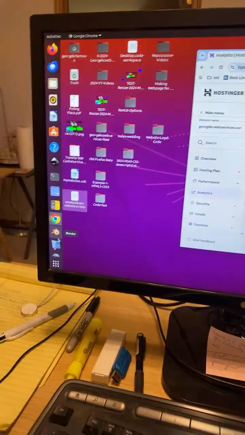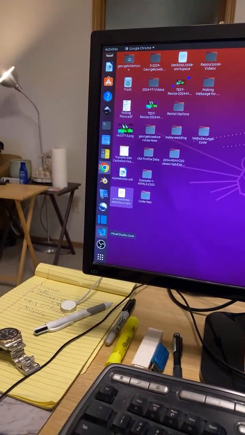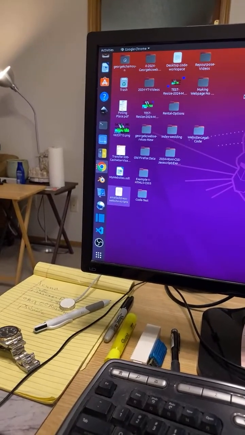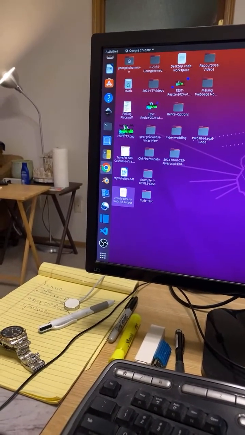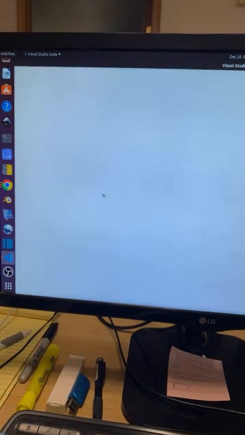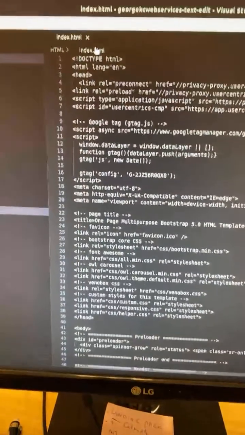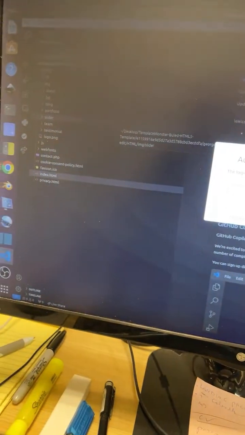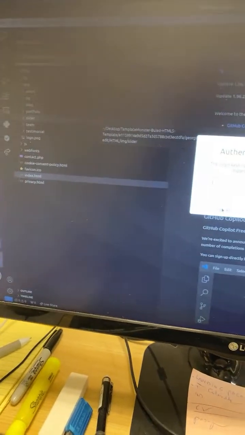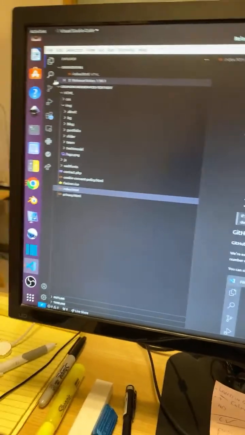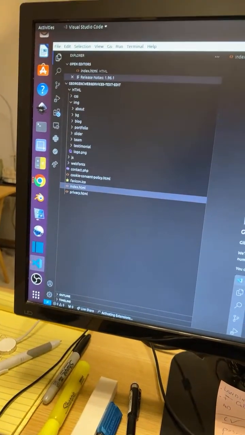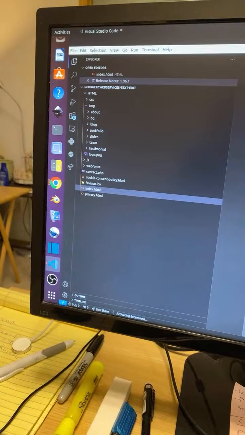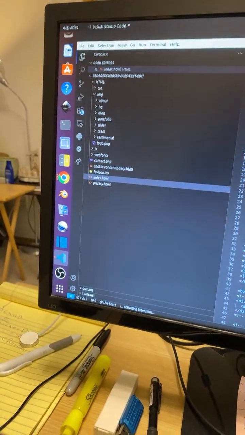Let me show you Visual Studio Code. It's right here. This is Visual Studio Code, and this is what I use for code editing. It's free software that you can use. Once you download the template, there are different files. You open the templates with this code editor, Visual Studio Code, like I said, and then you